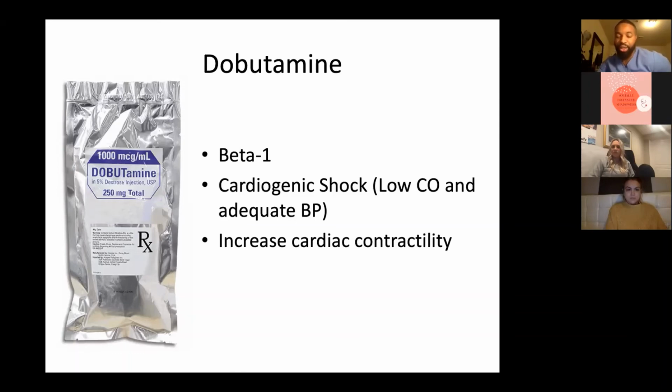And in this particular case, you're not going to start the patient on levofed because the blood pressure is adequate. In this particular case, you would give dobutamine, right? And at times, if you want to add something to the dobutamine, you could add a vasopressor if you need extra support with the blood pressure. But in this case, the patient is going to have adequate blood pressure, but the cardiac output is going to be very low. They're going to be in cardiogenic shock. And the cardiogenic shock